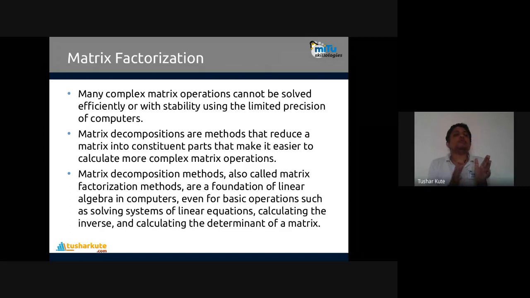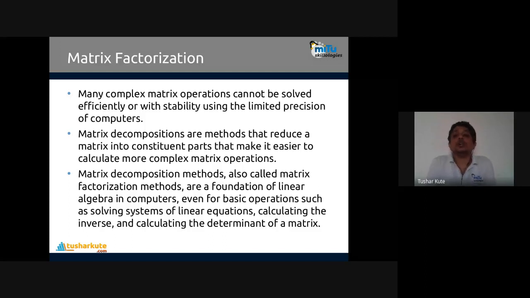Let's go with the matrix concept again. The concept of matrix is one of the most useful fundamental aspects of linear algebra. In that, we are having the concept of factorization, and under factorization again, three topics are there. We are going to have LU factorization. Many factorizations are possible, but as per your syllabus, we have LU factorization, and we have eigenvector decomposition also, and we can see many methods.